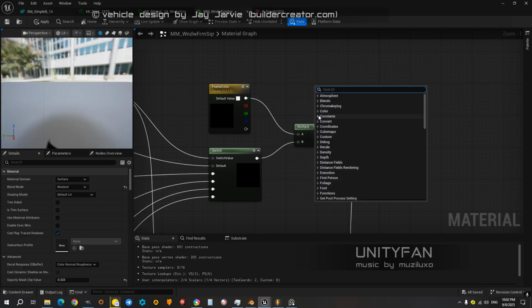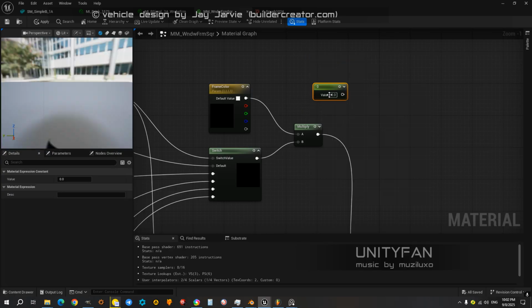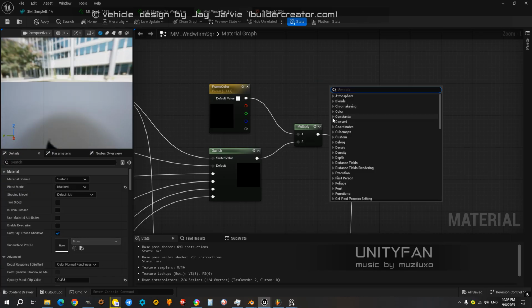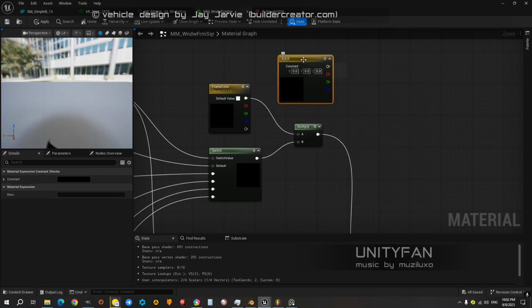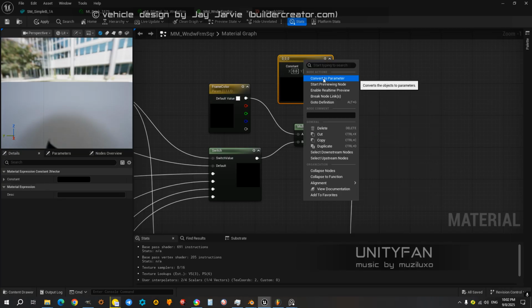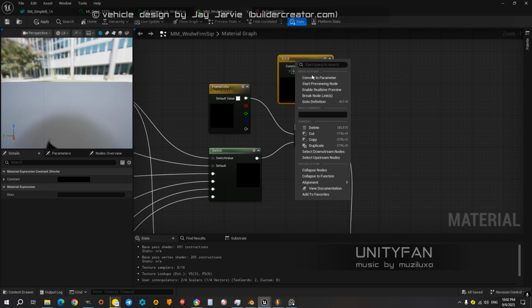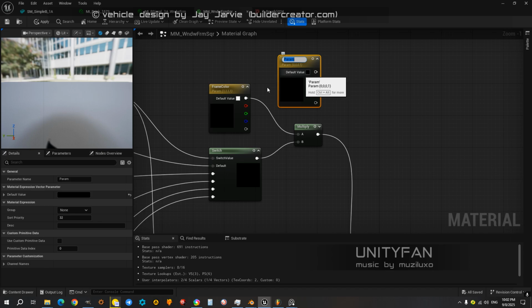Also very important when you're making it: the 3-vector constant, you have to convert it to a parameter. Right click on it, convert it to parameter, and you can see here it's already there, called frame color.